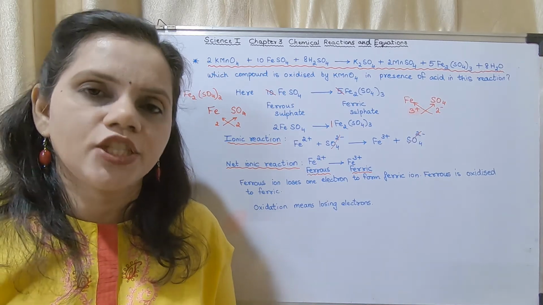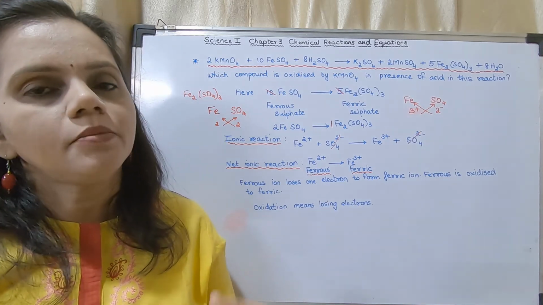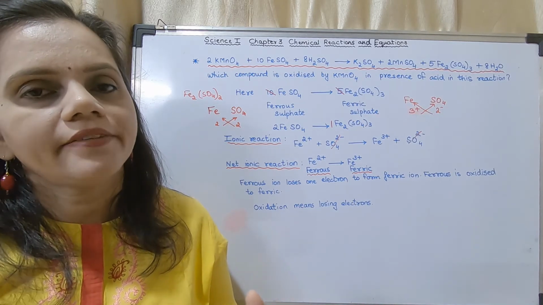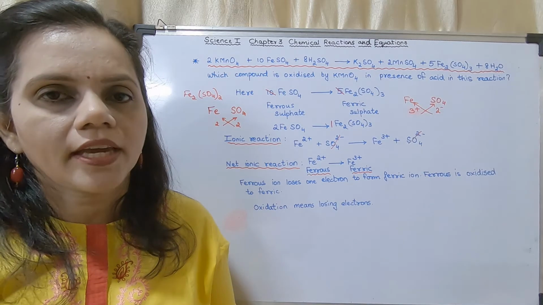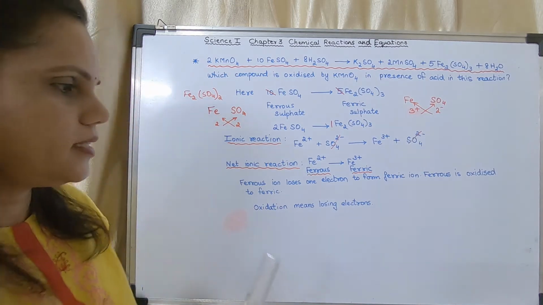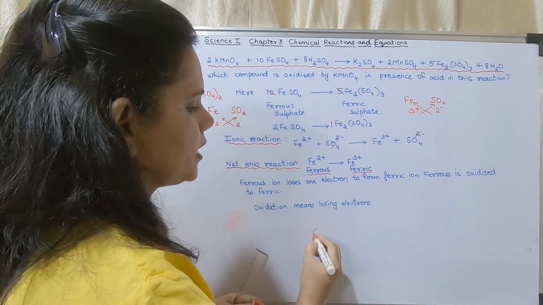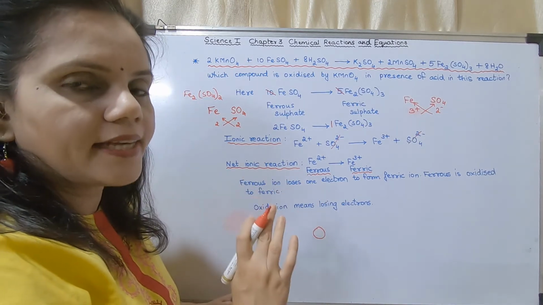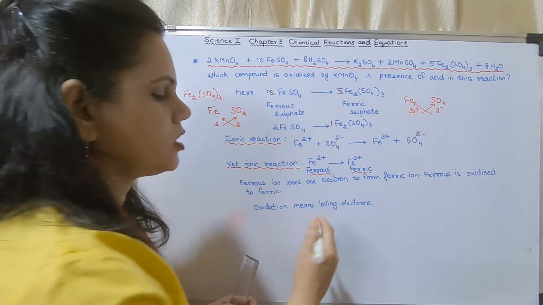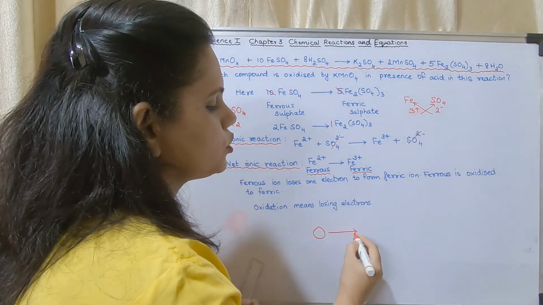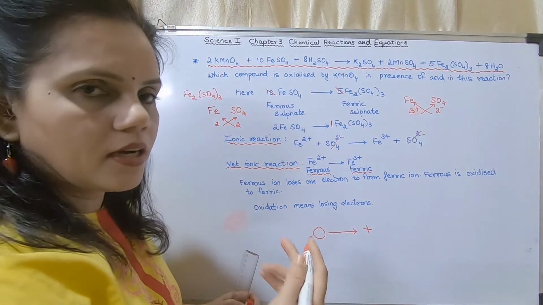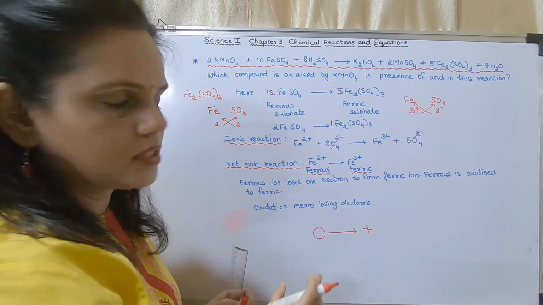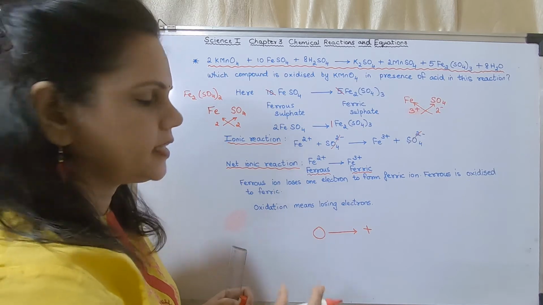If the element gains 2 electrons, then it will become 2 negative. If the element gains 3 electrons, it will become 3 negative. Okay, so I will show you. It starts from 0. 0 is the condition when it has not donated, not gained, or shared. It moves towards positive. In our coordinate geometry, from 0 towards the right, it is plus. So for understanding, I have taken it that way.